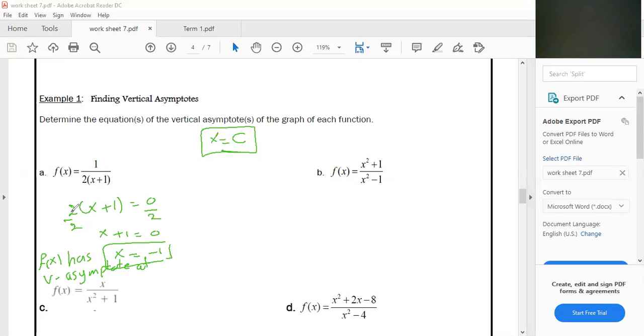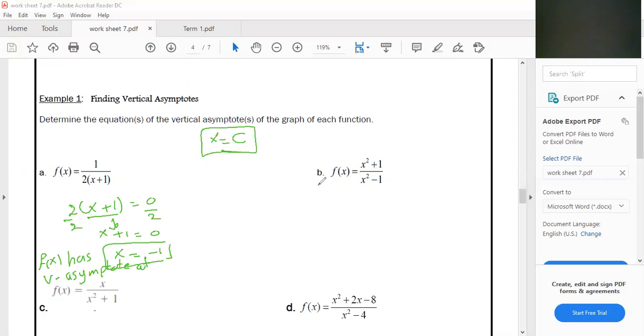By another way, number multiply bracket equals 0, the number is impossible to be 0, so the bracket will be what? 0. Some others can distribute: 2x plus 2 equals 0. It means solve by any way. I have many ways to solve. Okay? Please again, to find the equation of vertical asymptote,